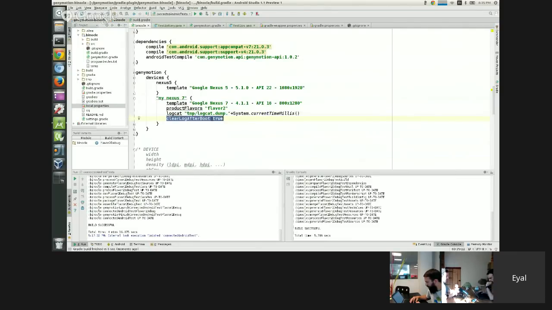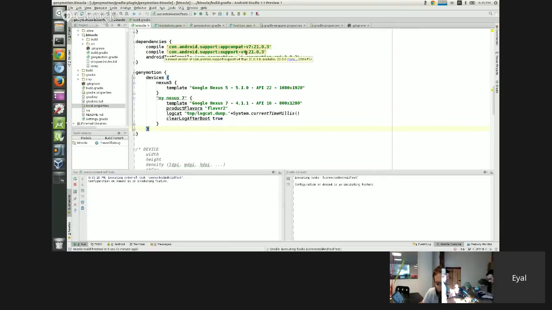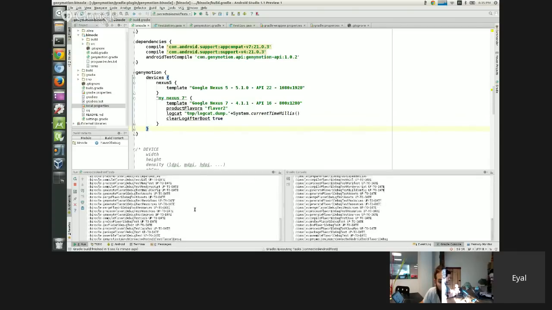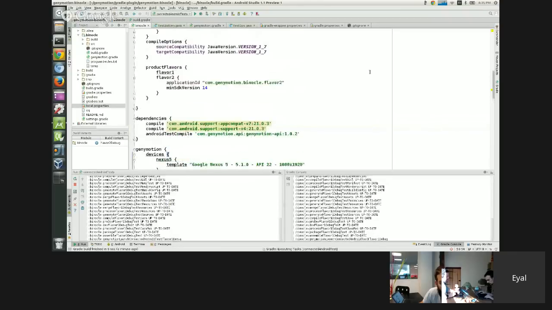It means when you enable this option, it will ask the device, when it has finished booting, to clear the log. It means that all the content of the log that you will find in the file is related to your test run. Okay, so what we can do now is launch the Gradle task, the connected Android tests. I launch it, and because it's quite long, we will talk a little bit around this project and how it is implemented. So as I told you,